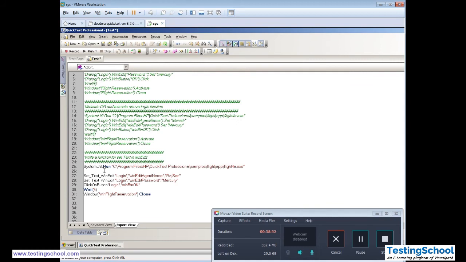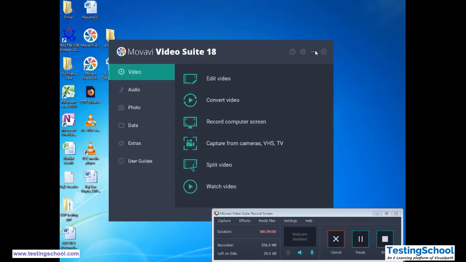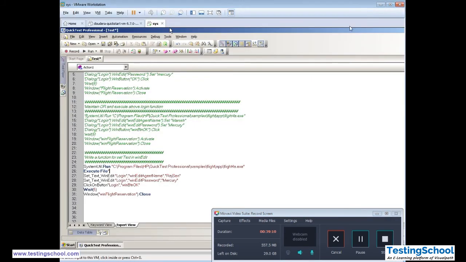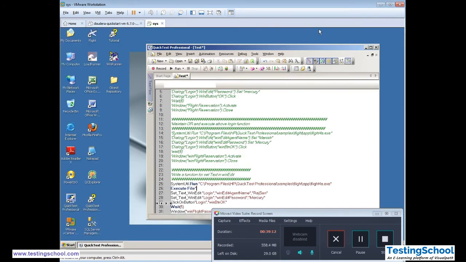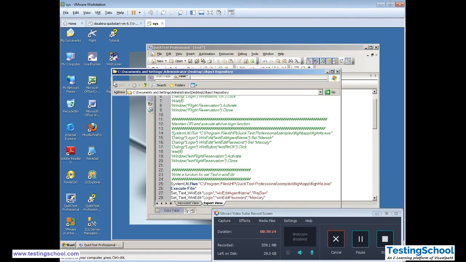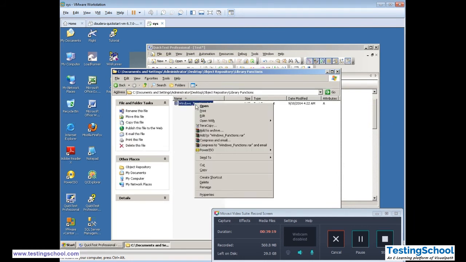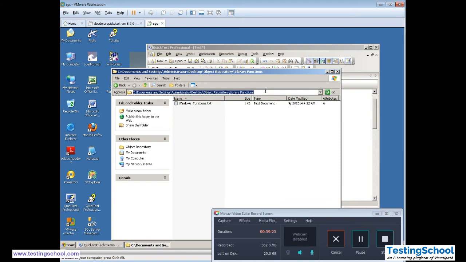You can have it at runtime with the execute file statement, in brackets where we have stored our file. We'll check for the stored files, one second. It is in object repository and functional libraries. This is the path.